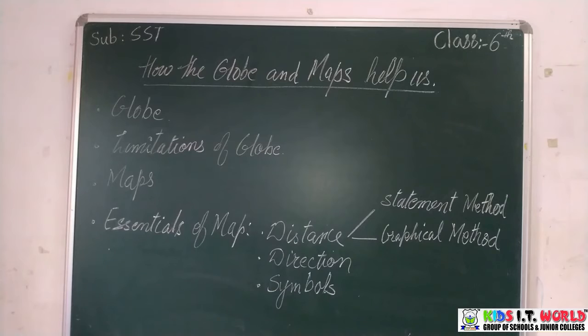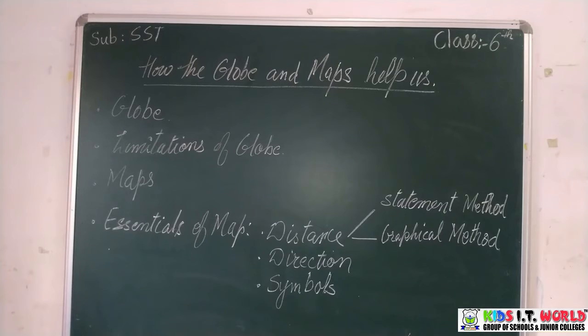There is a general agreement all over the world regarding the use of such symbols. These symbols are commonly used in topographic maps. Besides symbols, colors are also used to show certain landforms and other physical features. For example, all water bodies like the ocean, sea, lake, river, etc. are shown in blue color, while landforms like plains are shown in green, plateaus in yellow, mountains in brown, and ice-capped areas in white color.